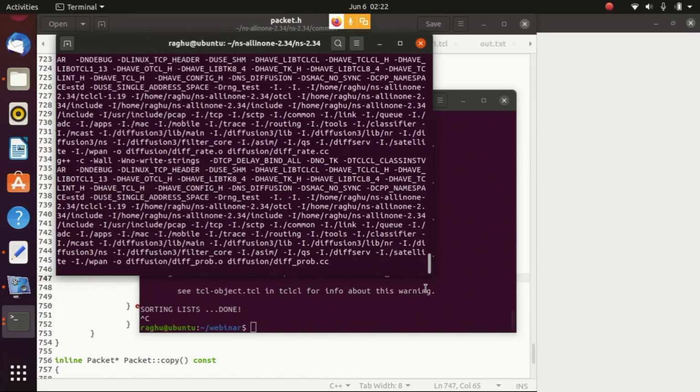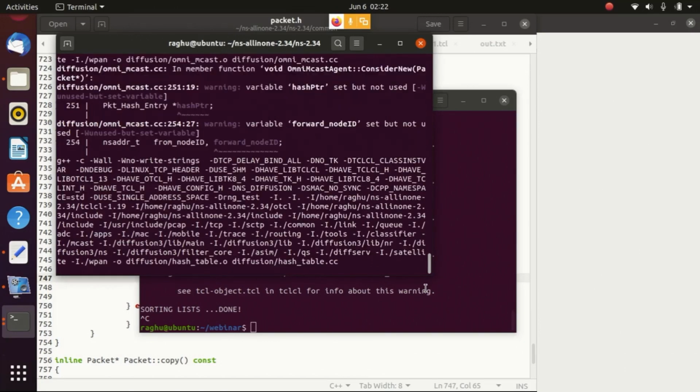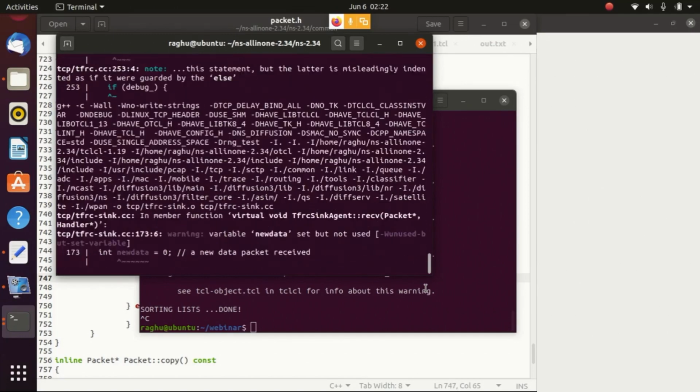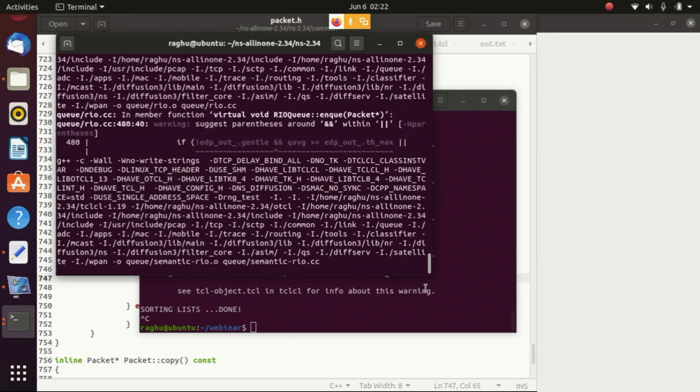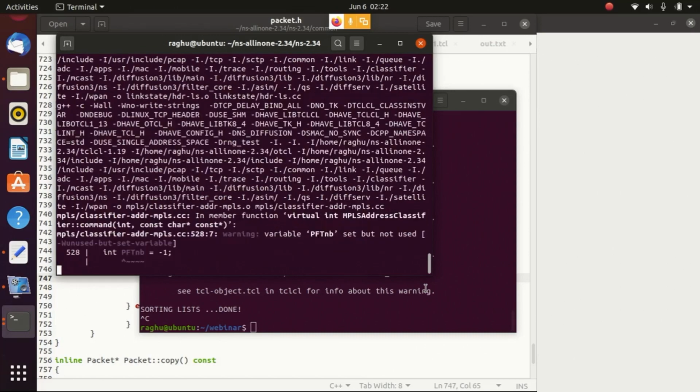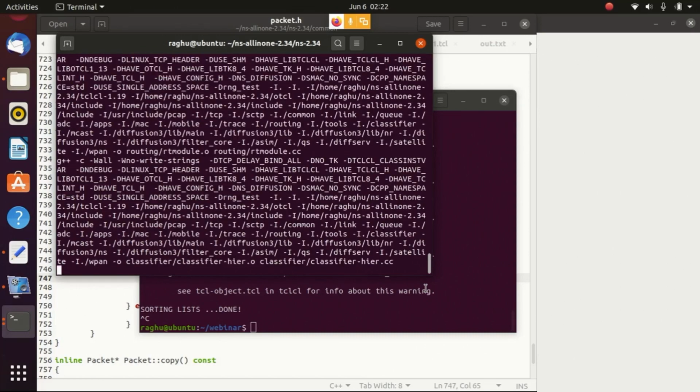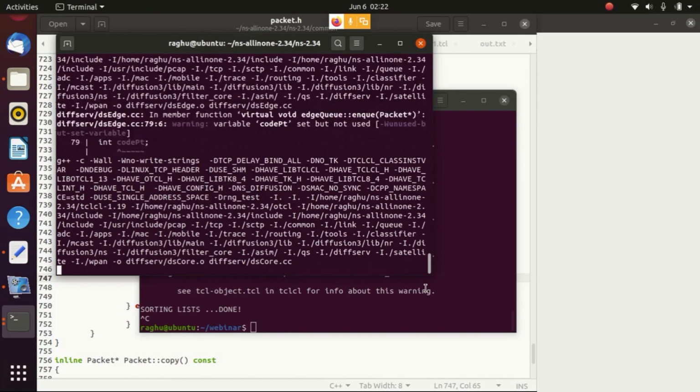The things which we are doing on NS2, can we do the same on NS3? Yes, obviously, you can do it, NS3 is much more flexible. Why? Because NS3 is new. However, let me clear some doubts about NS2 and NS3. NS3 is made in